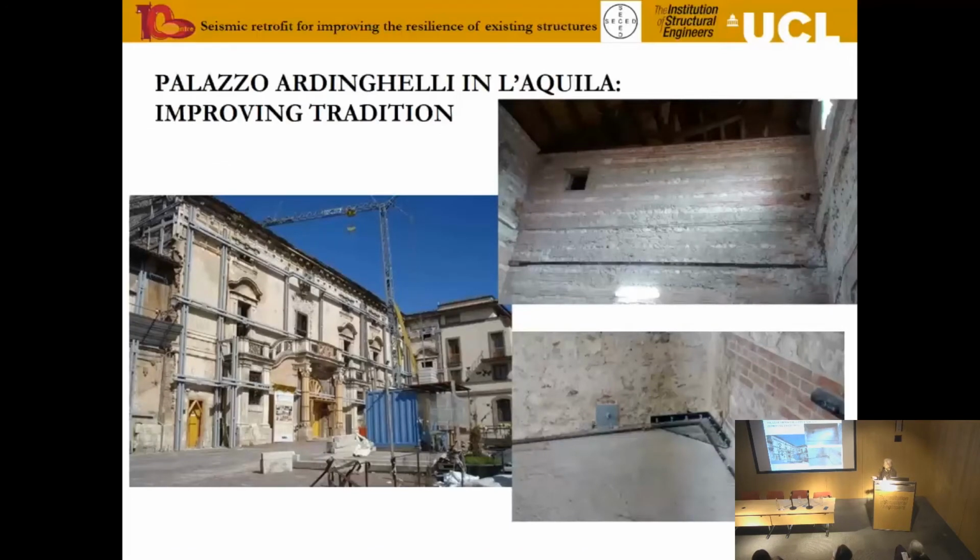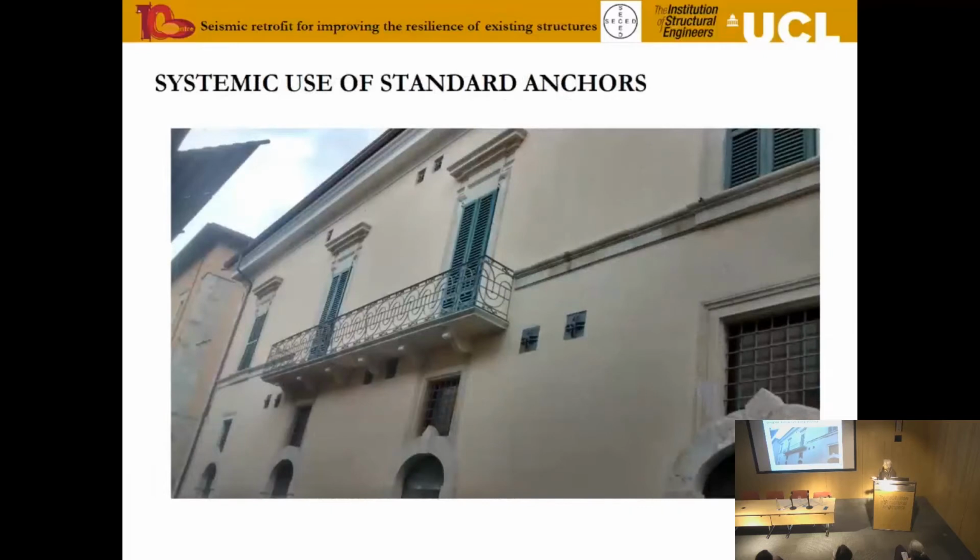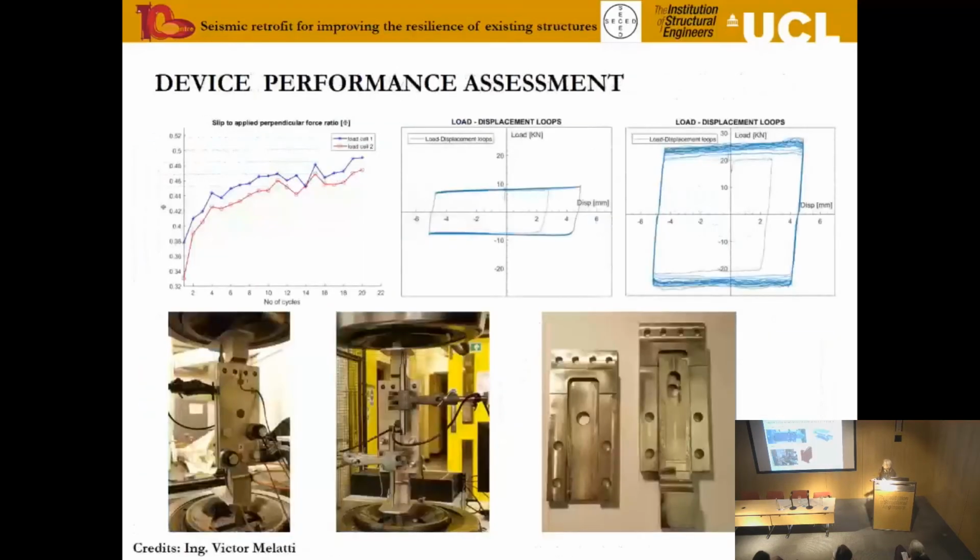Some good things were also going on, such as putting proper anchorage across the wall. This is a palazzo that was done trying to use the same strengthening system, such as ties already used in the medieval period, but improving them. And the results, as you can see, are not obtrusive. They really don't disturb the architectural value of the building. They are regularly spaced, so they are not put up haphazardly, but they indeed improve the situation.